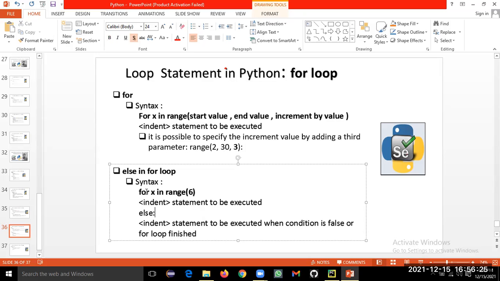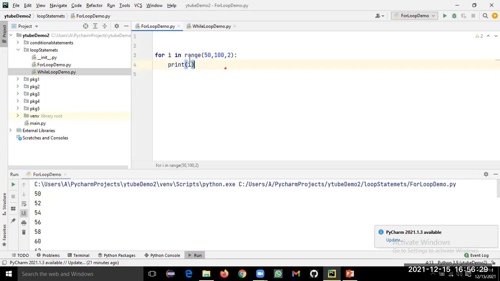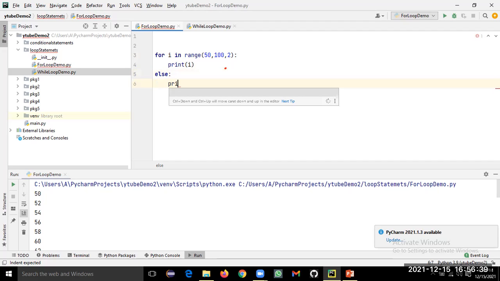Now we can use the else statement with the for loop. So how to use it? As soon as this range is finished and this condition becomes false, then parallelly here we have to write this else statement and print some message.